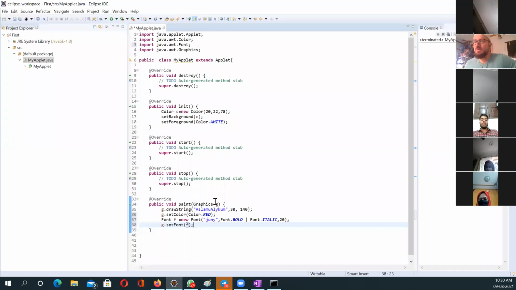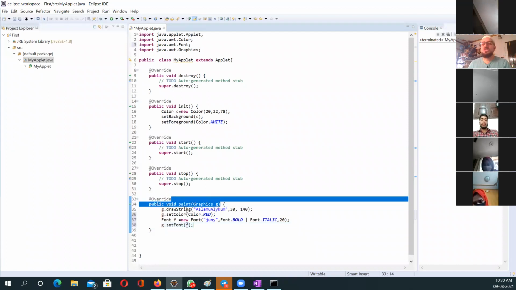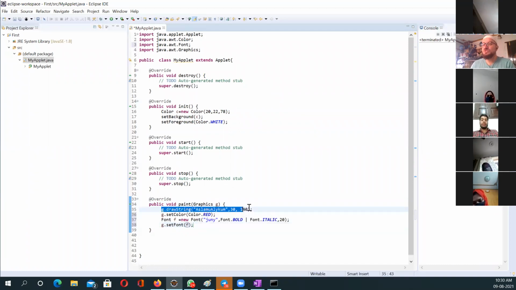ठीक है, अब मेरा फॉन्ट बन गया। जो मेरा ग्राफिक्स ऑब्जेक्ट जी है, मैंने ग्राफिक्स ऑब्जेक्ट बनाया ना जी, तो जी की मैं ड्रा स्ट्रिंग कर रहा था, जी का सेट कलर कर रहा था। अब मैंने फॉन्ट ऑब्जेक्ट बनाया, अब वो अप्लाई कराऊंगा मैं जी डॉट सेट फॉन्ट के ऊपर। अब अगर मैं जी डॉट ड्रा स्ट्रिंग करूंगा,